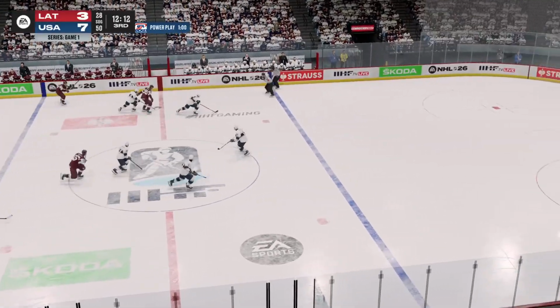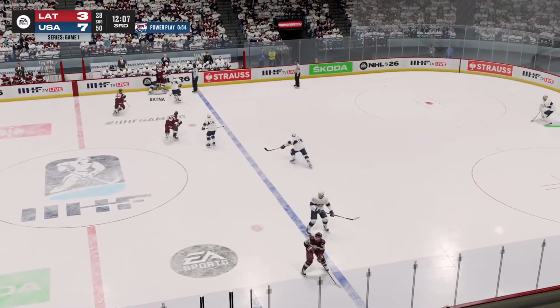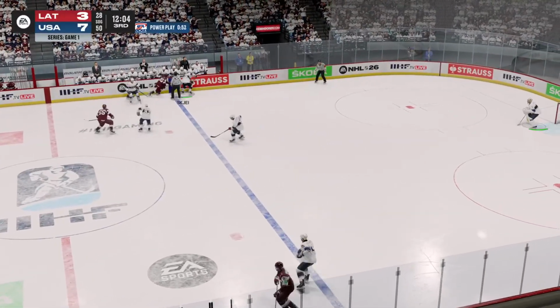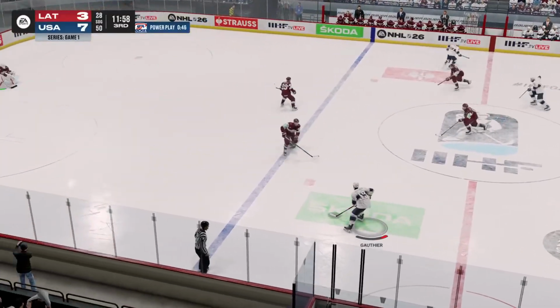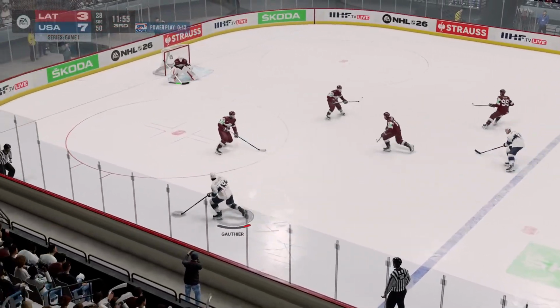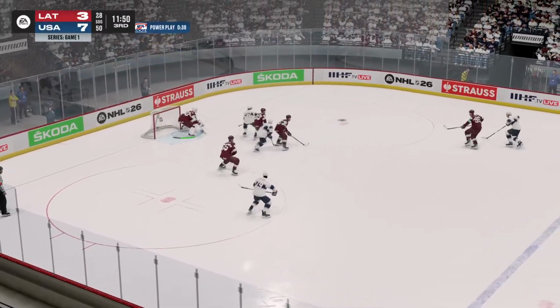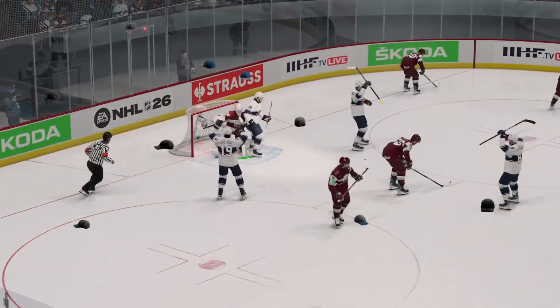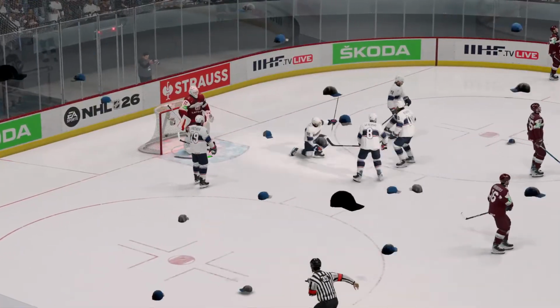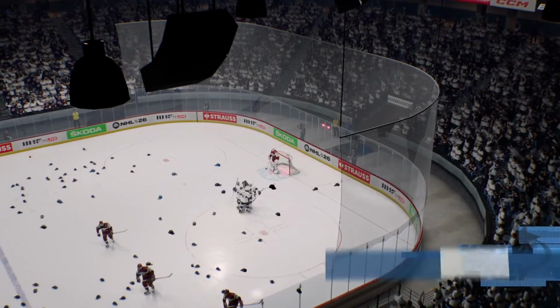Batna through center here for Latvia. Pestered from behind by Will Smith. Pindle on the boards in front of the American bench. Brady Shea picks up the loose change. Cutter Gauthier outside. Waits for his friends. Gauthier drops it off. Cooley cuts inside, and it's off a body in front. Thompson off the rebound. Score! What a play! It's a hat trick! Logan Cooley diving in front.